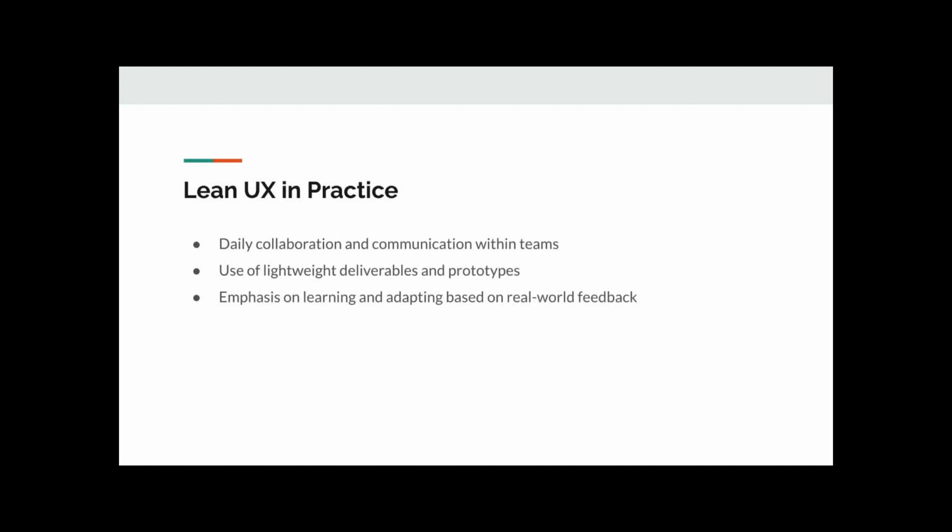Okay. Now, like I mentioned, if you want to include lean UX in your company, there are a lot of things that you will have to think about very carefully before going ahead with this idea and this thinking. That includes daily collaboration and communication within the teams. Right, you don't build any feature and then tell after 3 months that this is something we want to release and nobody knows about it. You have to have daily collaboration, like at least once a week, I would say, so that your other teams will know what you're delivering.